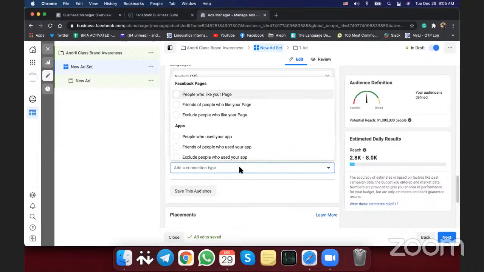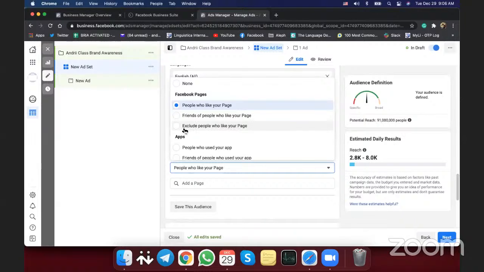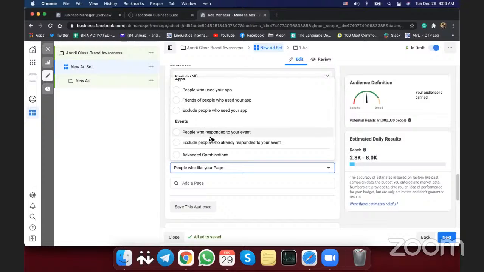So for example, people who like your page. Someone of you may have a huge page with a huge amount of products and you want to target only those people who subscribe to you because they're already interested in your product. You can choose in here and it's going to let you target only those people who like your page, or exclude people who like your page if you don't want to show your ad to people who like your page, or friends, or apps, events, whatever